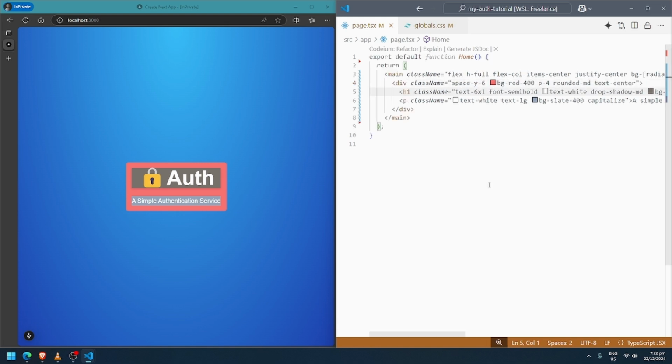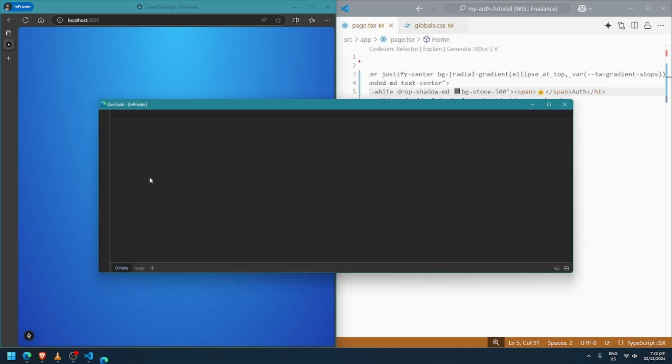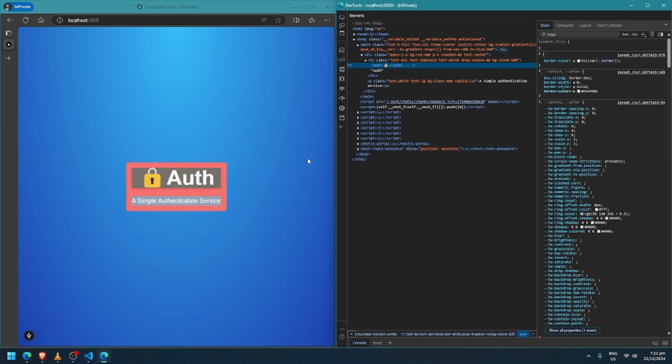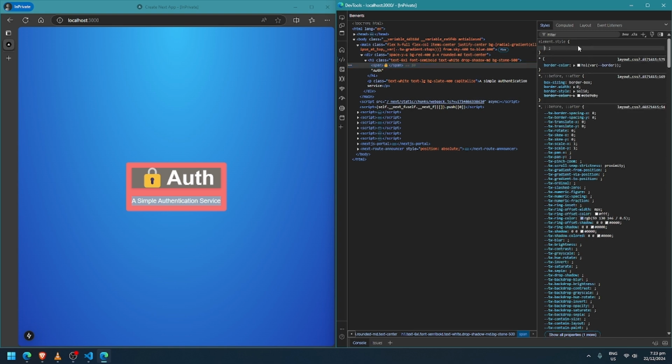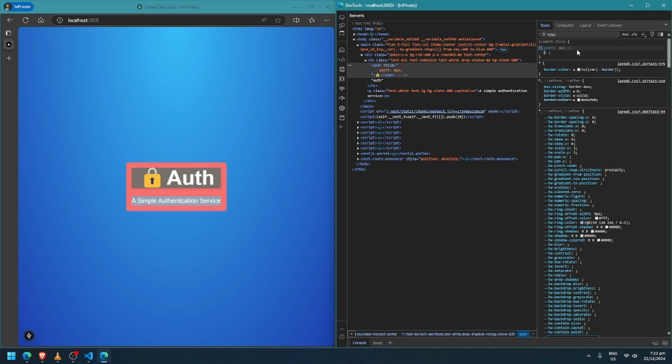Or maybe we can wrap this with span and move this there, and by using some inspect element we can figure out, let's say, the width 0px, inline property.